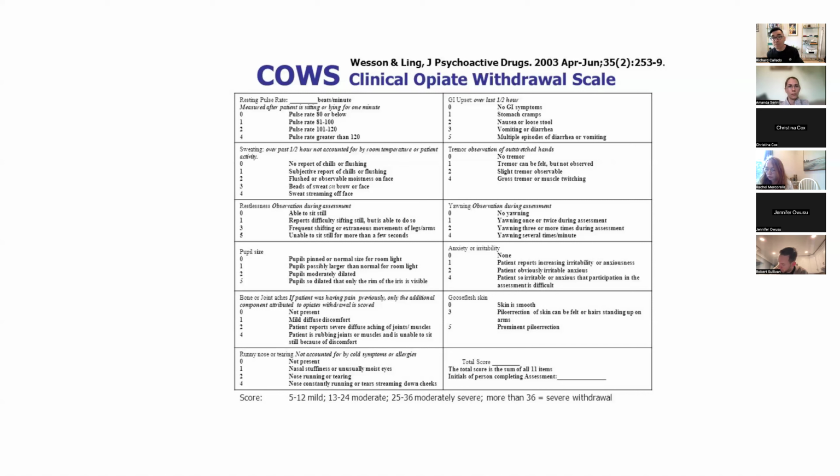And obviously, if you give them a partial agonist at that point, it's actually going to help with the symptoms, right? Depending on what their symptoms are, you're going to give them a dose of Suboxone, wait about a half hour to an hour, and see if they feel better. If they're still not feeling good, you can give them another dose, right? So the key is giving them opioid replacement therapy just enough to help them feel comfortable and not have cravings that make them use when they're outside the office. Does that make sense? Sometimes it takes about 2 or 3 days to find the right dose.